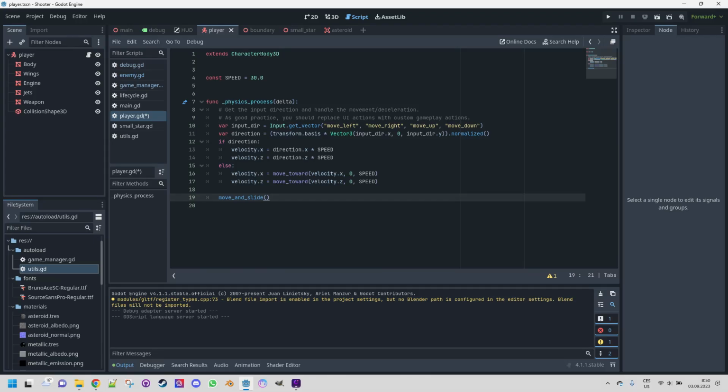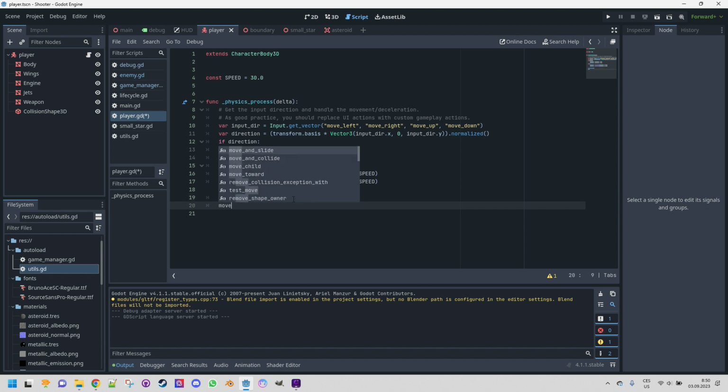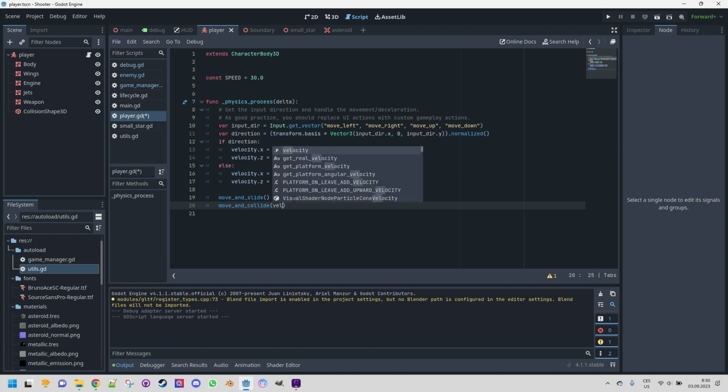As mentioned in the previous video, the player's ship is represented by the class CharacterBody3D. This class was specifically designed to handle user control objects and includes several methods for managing collisions with other objects. Currently, we utilized the move_and_slide function to ensure smooth movement within the boundaries on the screen. Additionally, we could make use of another function called move_and_collide with the parameter velocity to handle all interactions